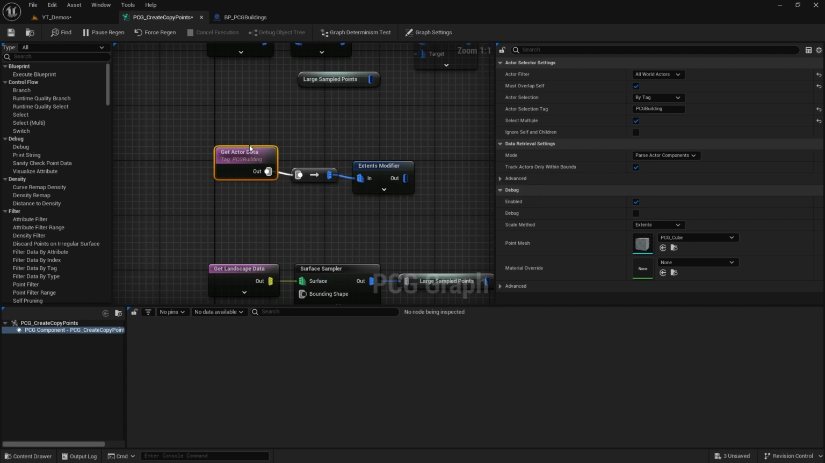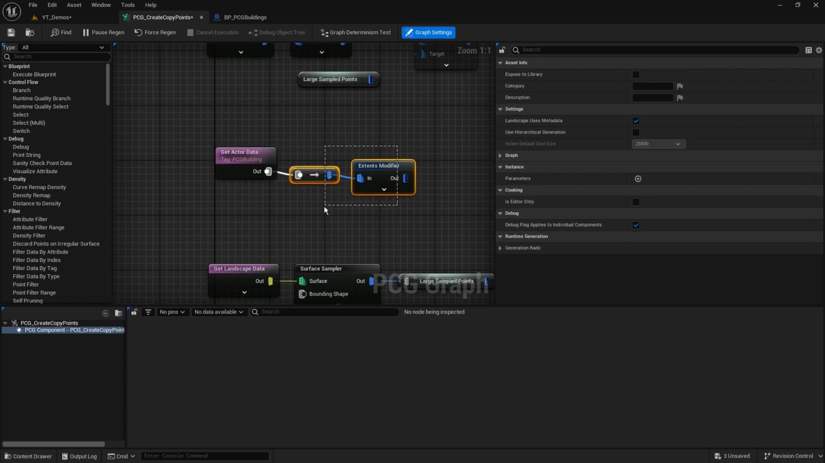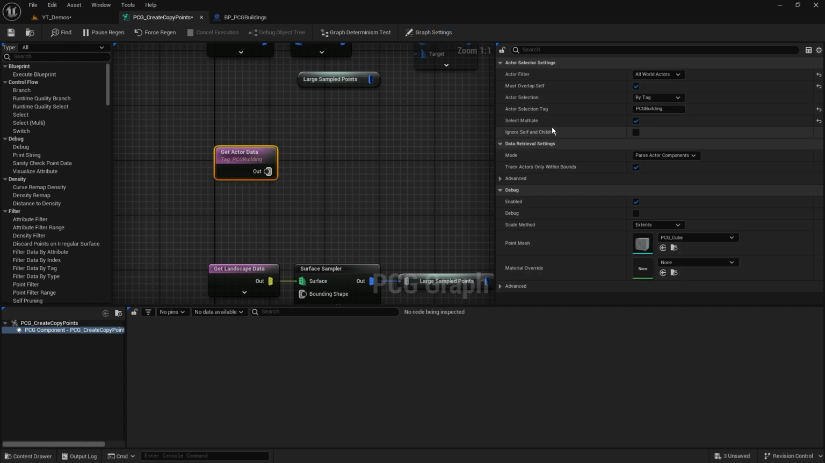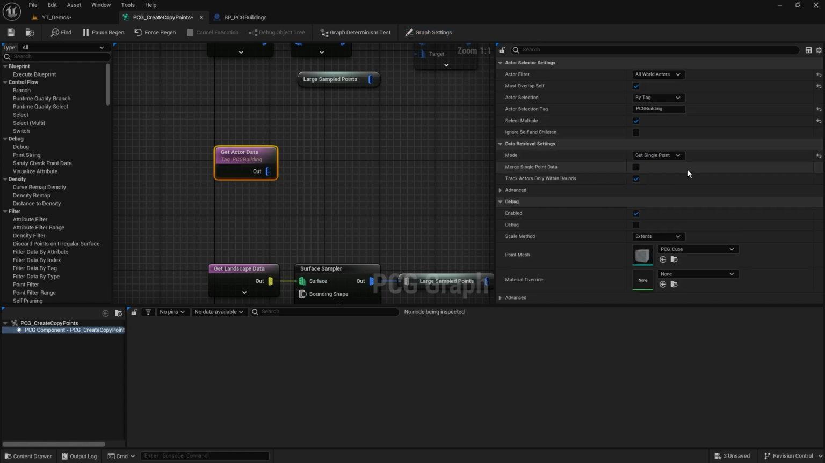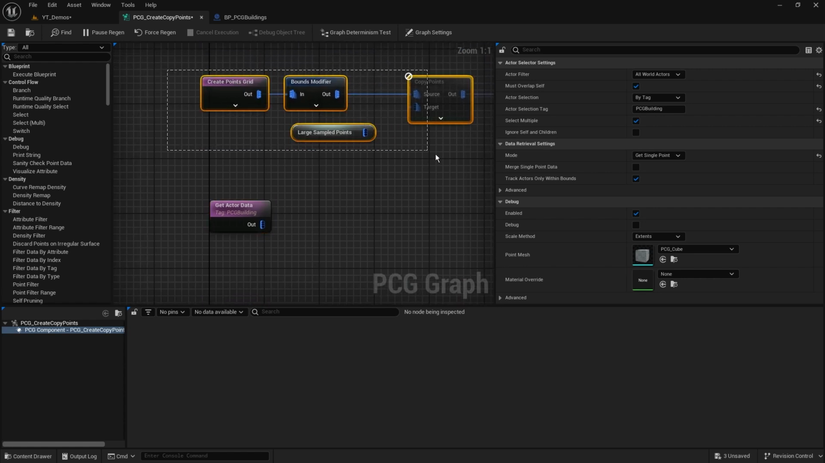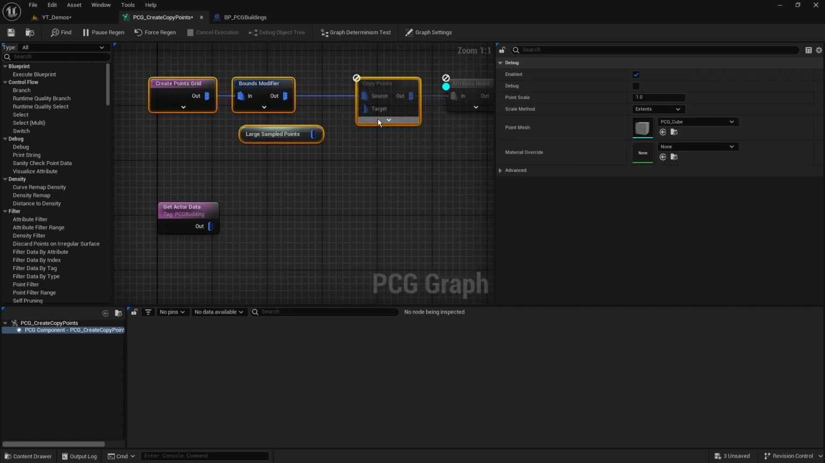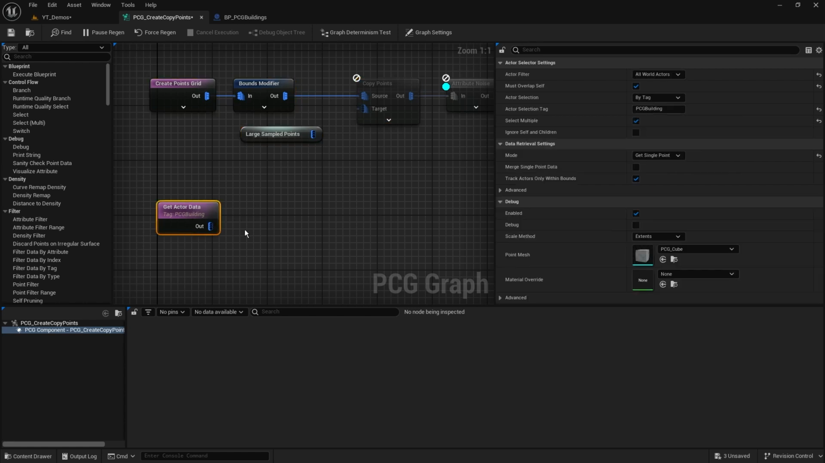So a useful thing you can do with get actor data here, rather than having to do this conversion, is you can say, I would like to just get a single point. So wherever this thing is, I want to get its location as a single point, which is really useful for what we're doing here with this create points grid, because we just need to know individual set points for that. So if I was to use it as is,